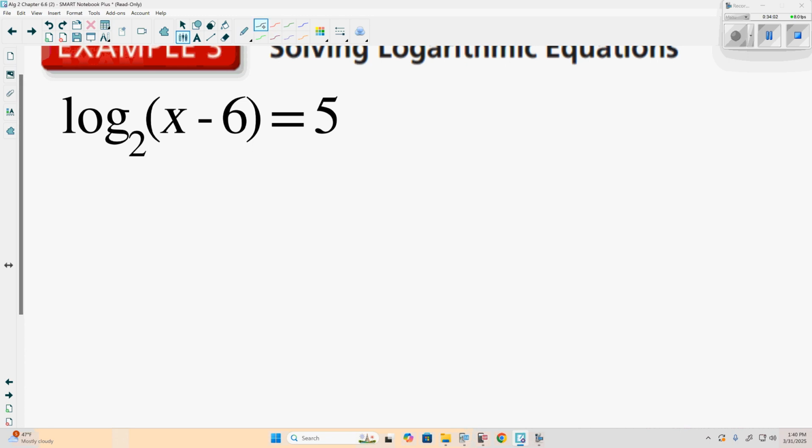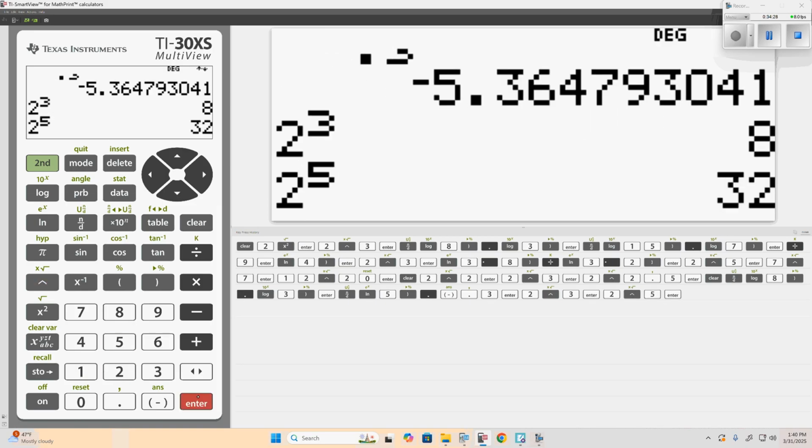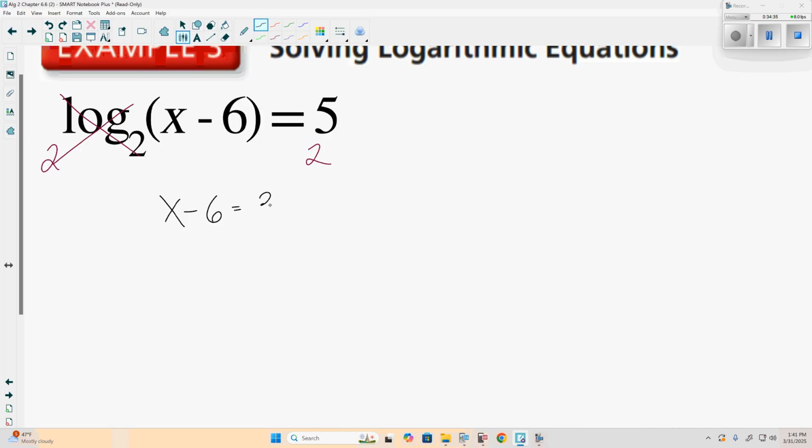So the base that we would use for this here would be... All right, guys. So on the left-hand side, we have x minus 6. On the right-hand side, we have 2 to the 5th. 2 to the 5th is, because we're multiplying 2 by itself, how many times? 5 times. And lastly, we would